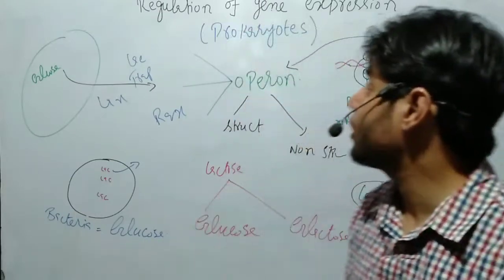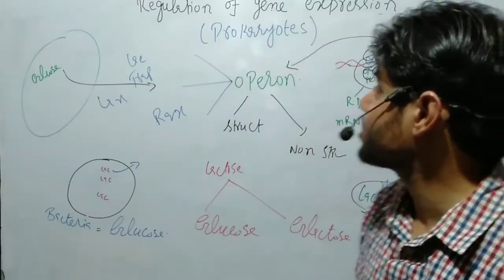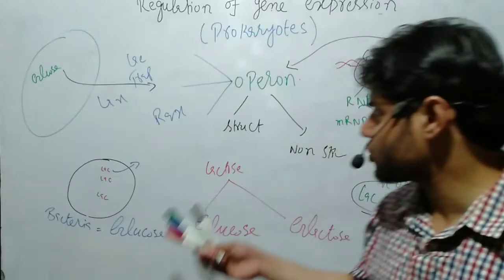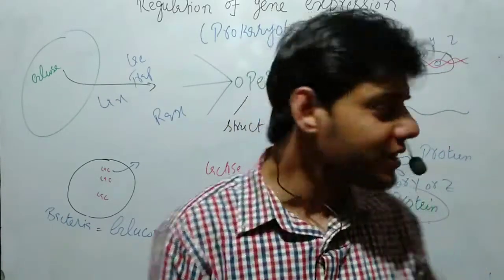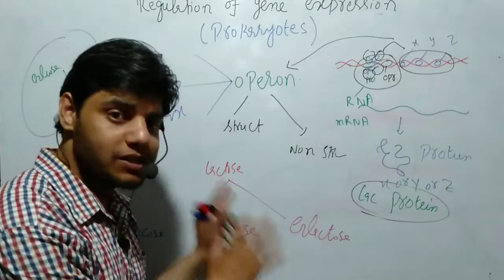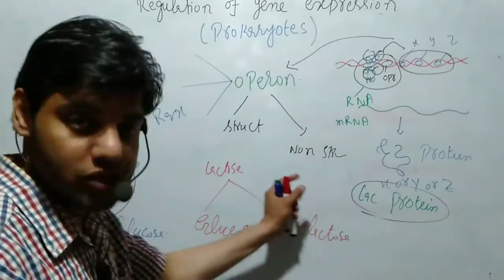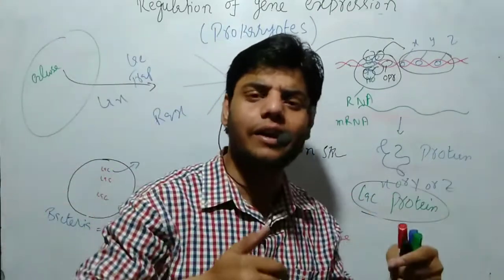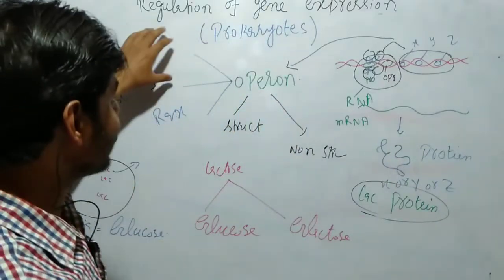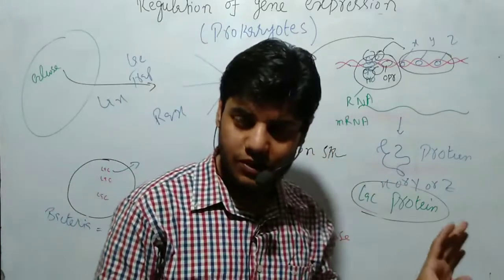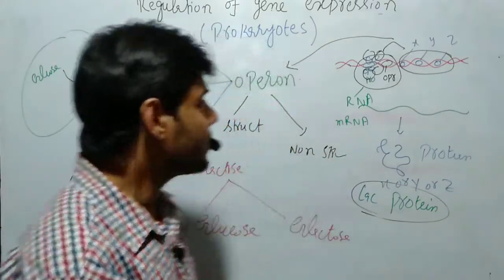Today in this video lecture, we are going to talk about regulation of gene expression in eukaryotes. In the previous video lecture, we talked about regulation of gene expression in prokaryotes, which is very simple, as you can see. If you missed this video lecture, go back to my channel and watch it, or I will give the link in the description box, then you can check it. In case of the prokaryotic, the regulation of gene expression is very simple, as you can see,